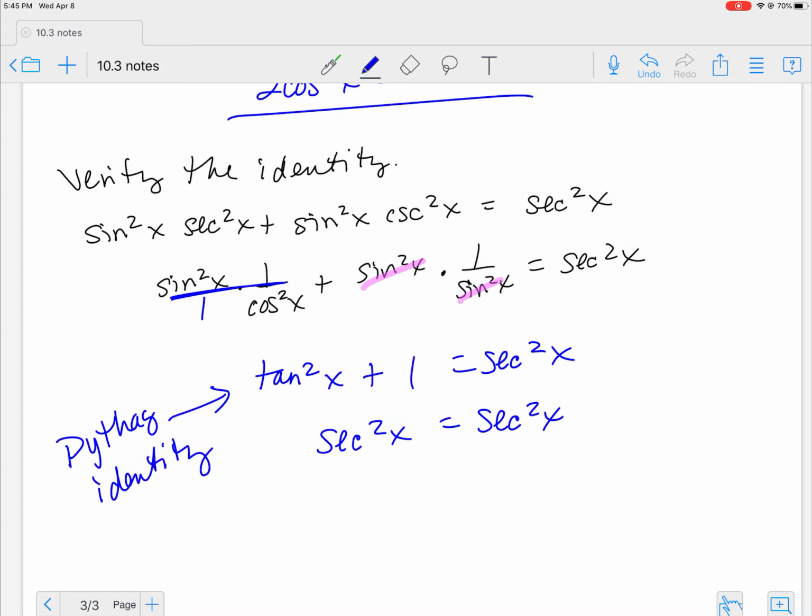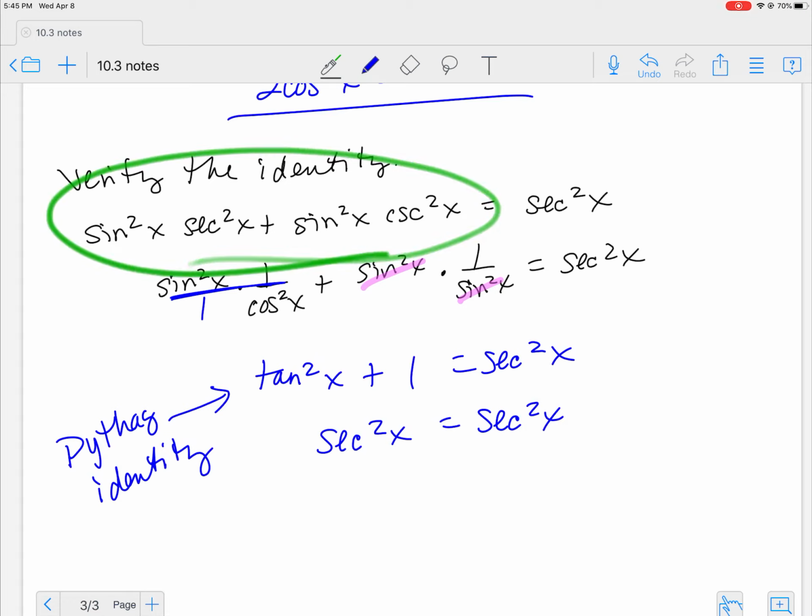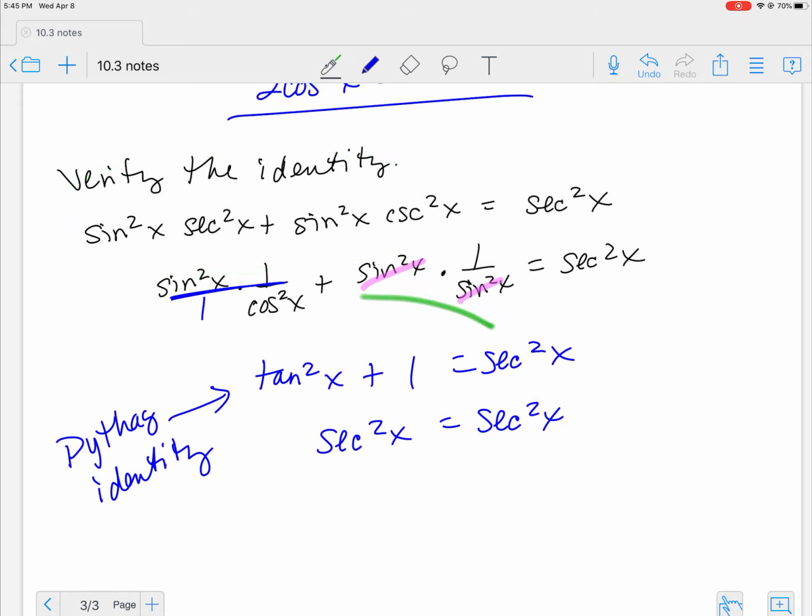And do you see it? Because this is like over 1, secant squared x equals secant squared x. That's that Pythagorean identity. Some of these start out looking super crazy, but then when you start just